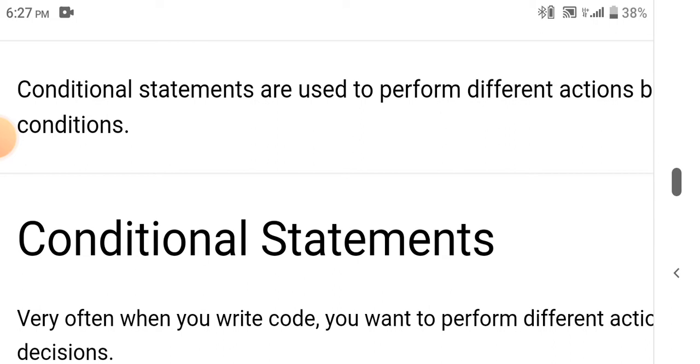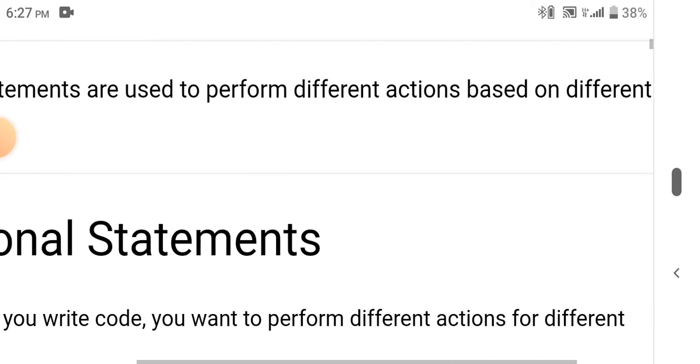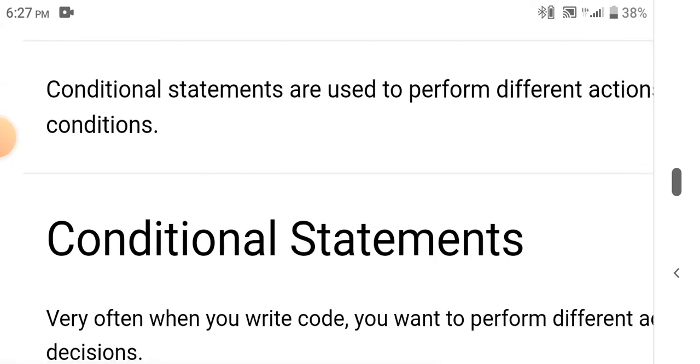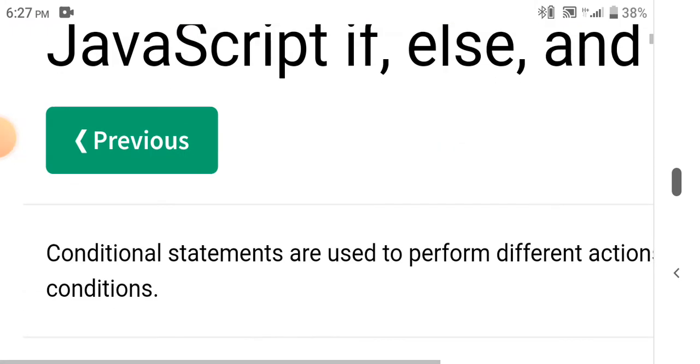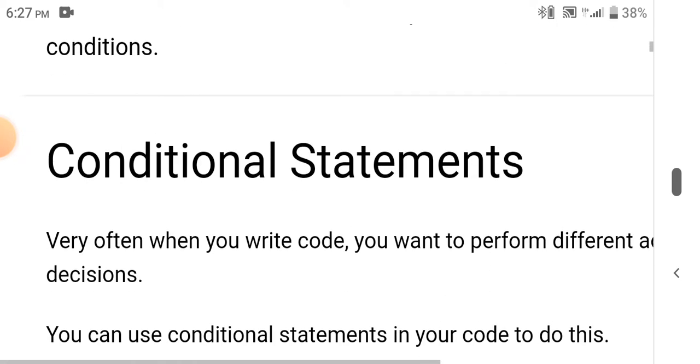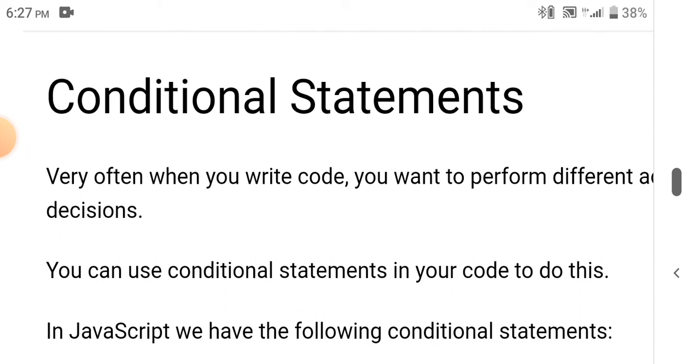Conditional statements are used to perform different actions based on different conditions. ঠিক আছে? So conditional statements মানে এই যে if else if এগুলো হচ্ছে কন্ডিশনাল স্টেটমেন্টস। আর আগের চ্যাপ্টারে যা দেখছেন 19তম পর্বের শেষের দিকে ওগুলো হচ্ছে কম্প্যারিজন স্টেটমেন্টস।